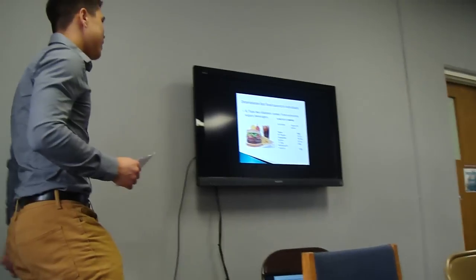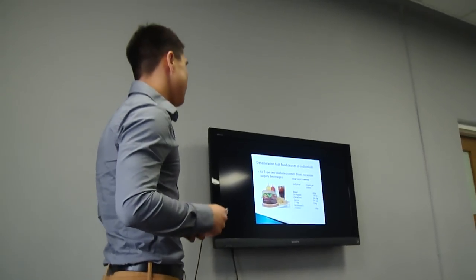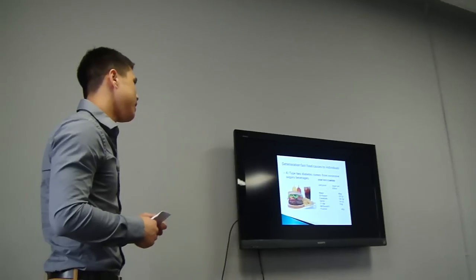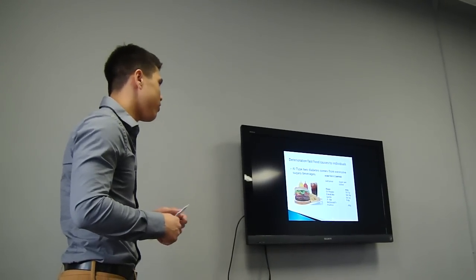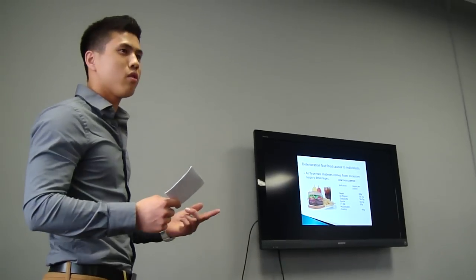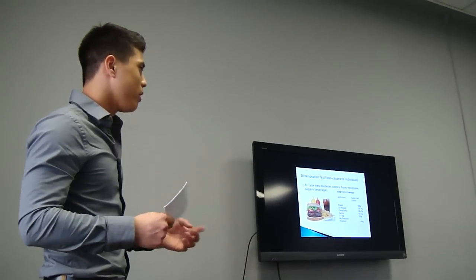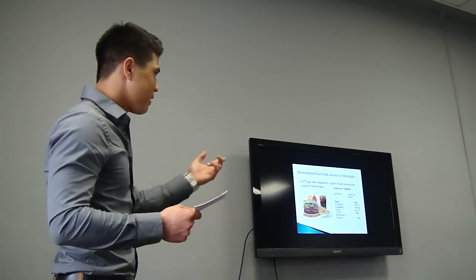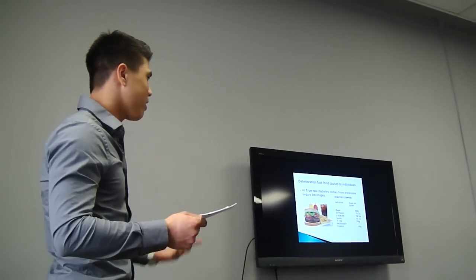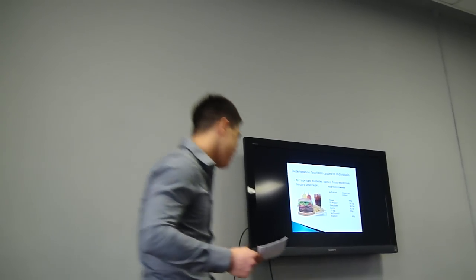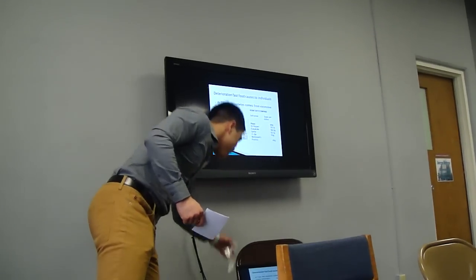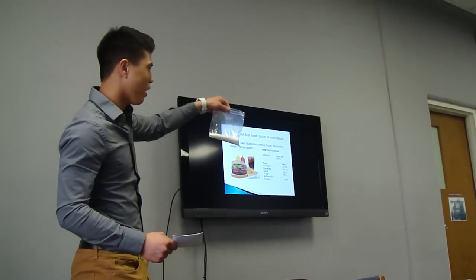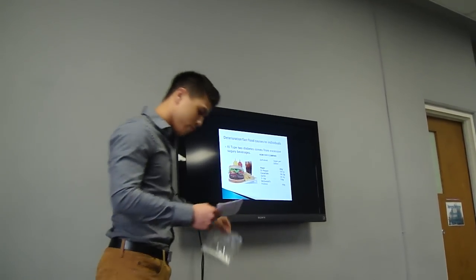So now here are the disadvantages. Deterioration fast food causes to individuals. The first is type 2 diabetes from excessive sugary beverages. So usually when you go to McDonald's or a fast food place, when you order a meal, it comes with a drink, right? And that medium-sized soda contains about 60 grams of sugar, from mailonline.com. So that's how much sugar it is. And just to give you a better perspective, it's about this much sugar just for one medium-sized Coke.